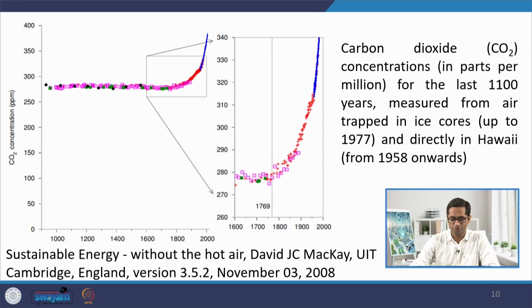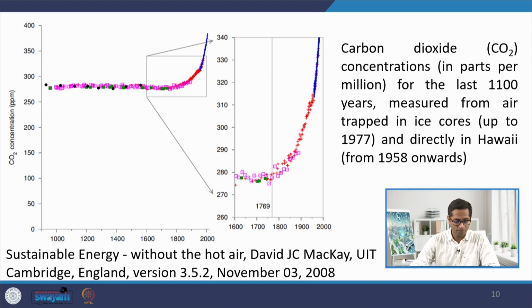Further, we also need to understand, of course this is good for calculation's sake, but do we have any validation of this as well? Have we experienced some things in the past which justify this calculation of ours? So let us try to have a look at the past CO2 profiles that we would have on the planet Earth. So here is some data for the CO2 concentration in the atmosphere for the past 1000 years or so.